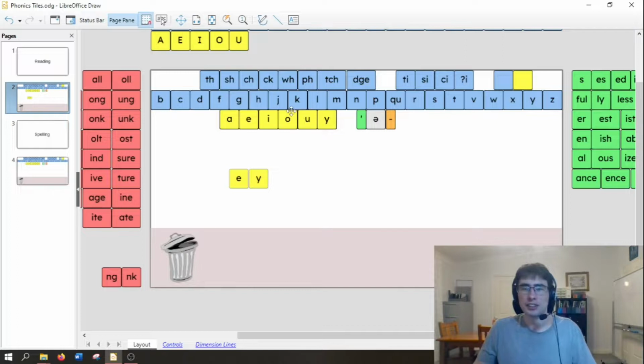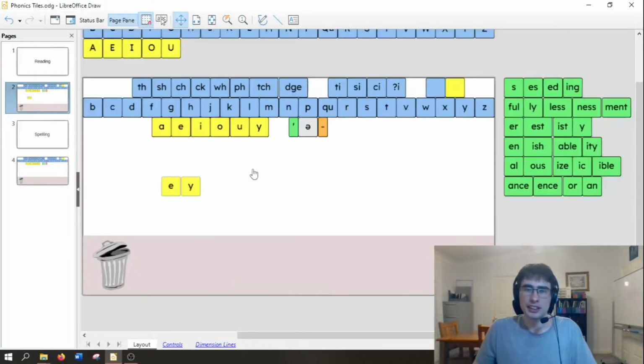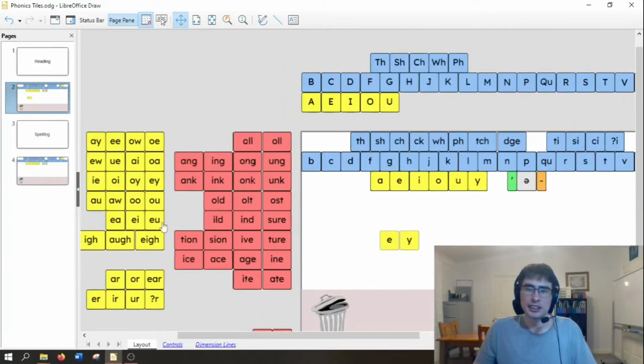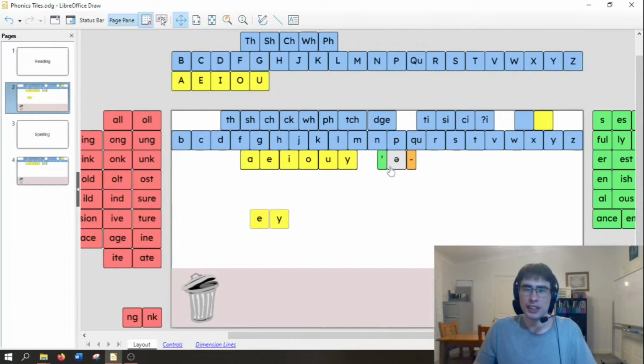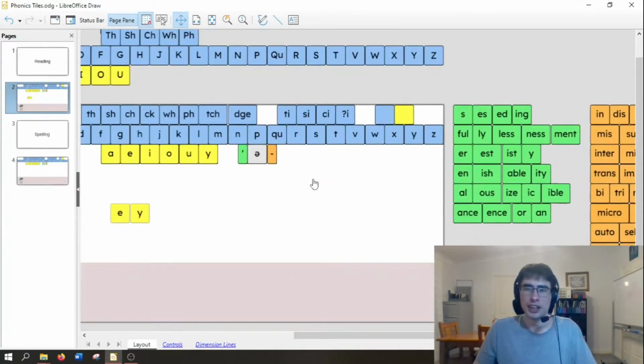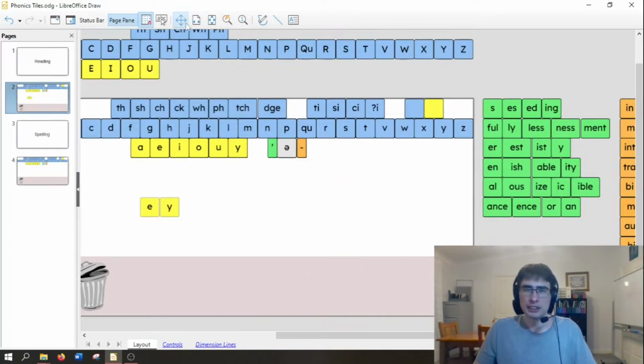The next few tools are about our view and our workspace. So the next one along is the shift tool. This allows you to just shift around freeform by clicking. You can move around the screen. I haven't had much use for that one yet, but I think it might be fairly useful for some of you, so you might like to play around with that. The next two tools are about